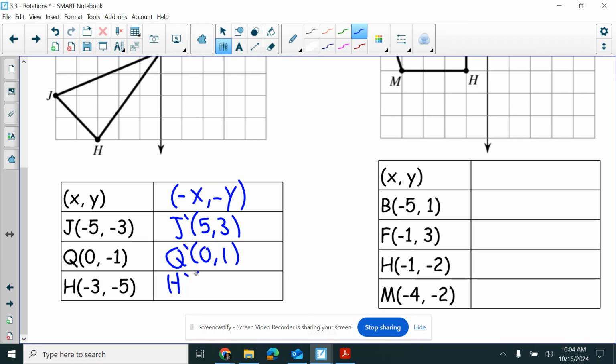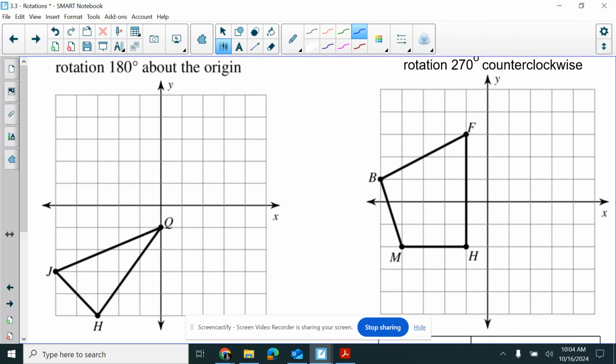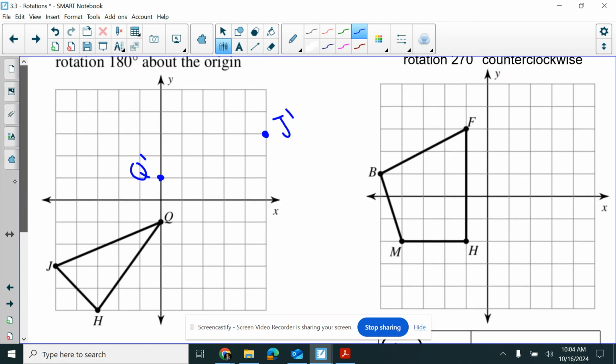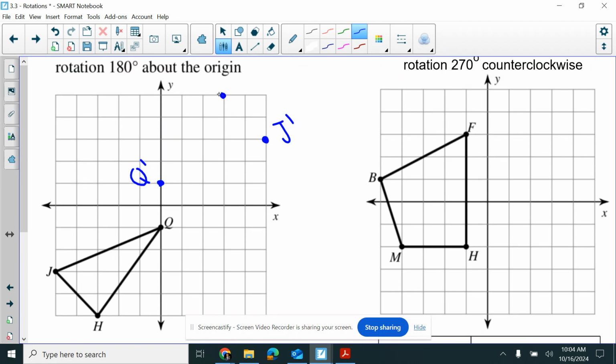H prime would become positive 3, positive 5. If I plot these 3 points, 5, 3, 0, 1, and 3, 5, and connect them,